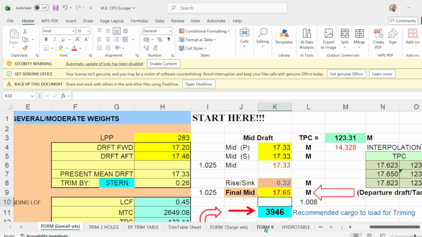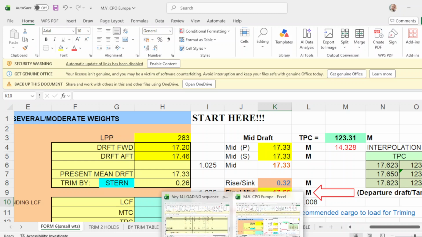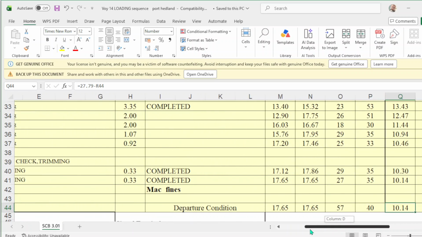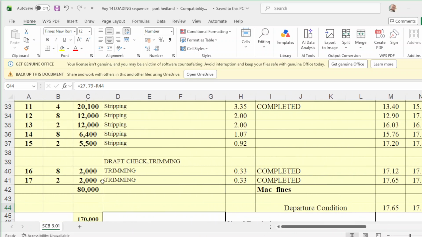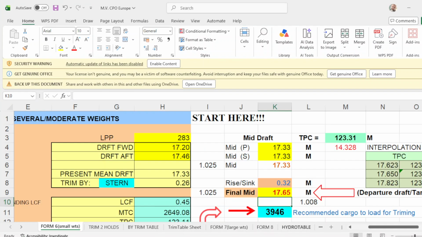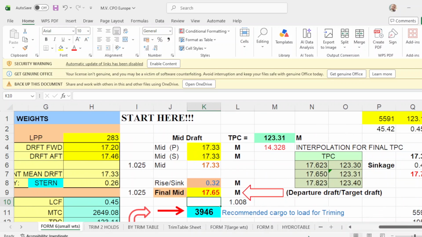Take note that according to your loading sequence plan, the amount of cargo for trimming is 4,000. But according to your program, your trimming should be 3,946.